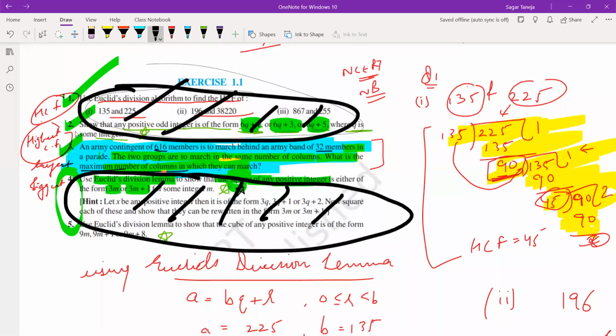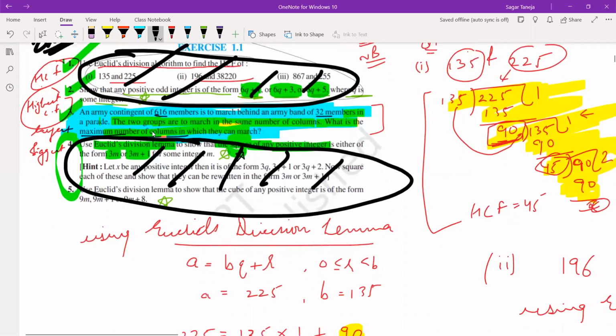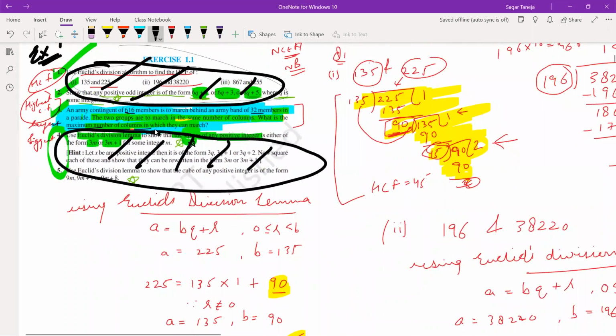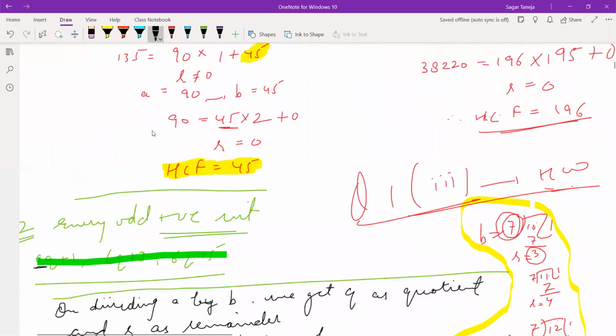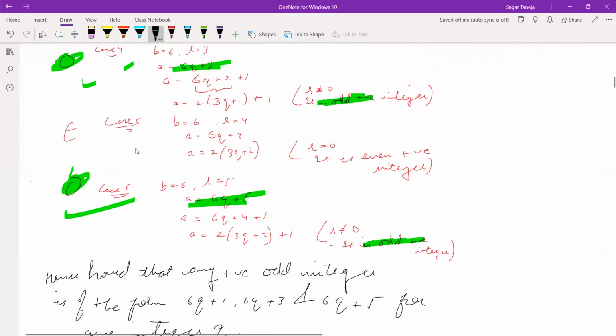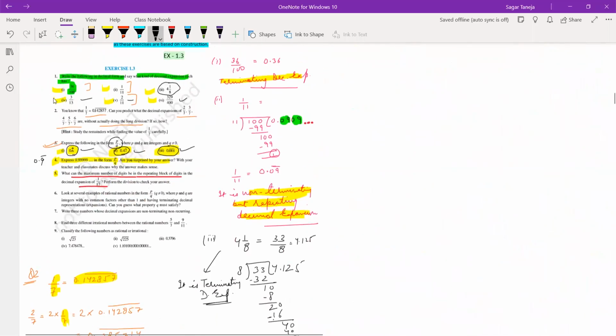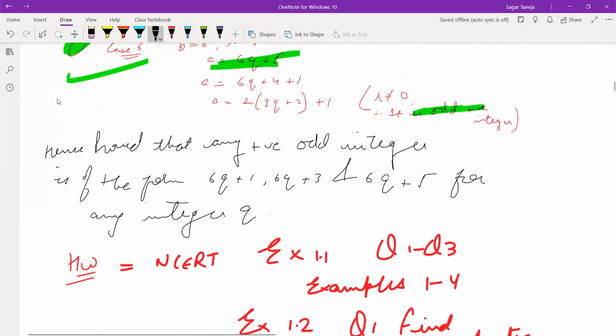Okay, and there is also example number 4, I guess, as far as I remember. The question of the sweet seller, that also you have to do. Only these 2 questions from the first exercise: one example number 4 and second this third question. Okay, and we know that in this question we have to find HCF. So finding HCF, you know, by prime factorization you can go through. So this is an easy exercise now. This is almost completed exercise. Now after that you will jump to,